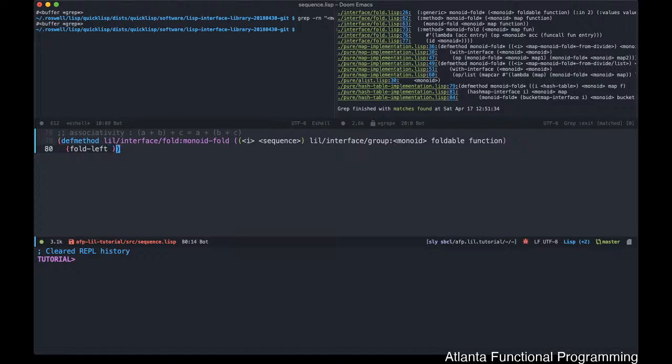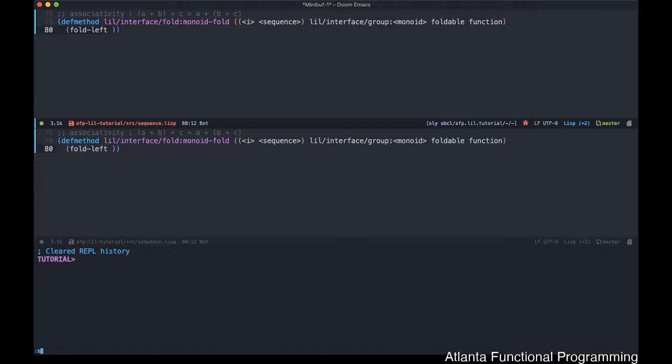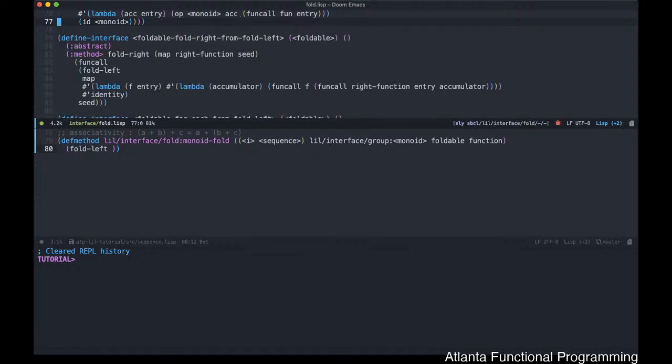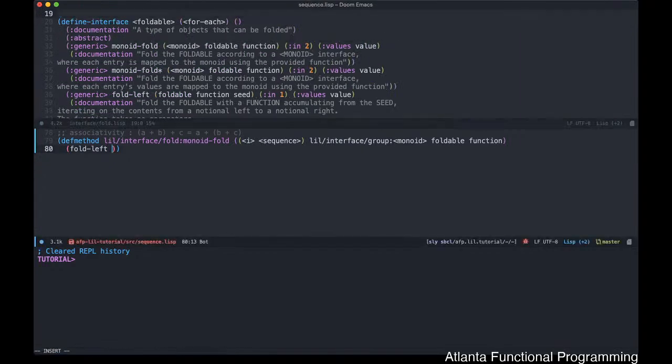Interesting. I don't know why it's not giving me the function signature, but let me go and take out these. Take out that. Put in the fold.lisp. Okay. Let's bring this down to what we had earlier. Okay. So now,